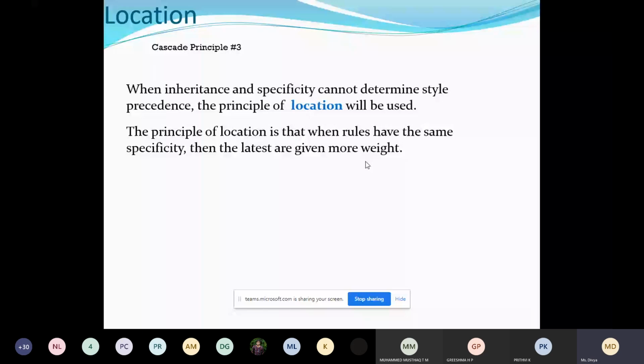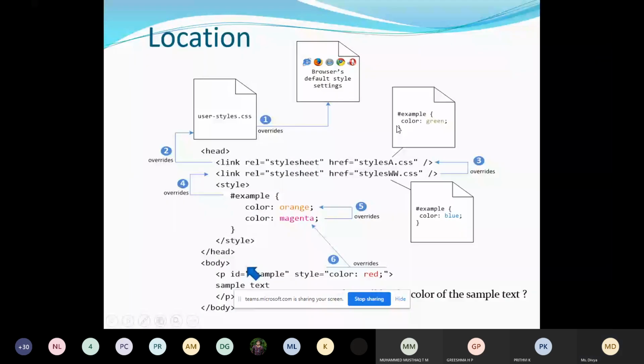Okay, see here. In this example, you have 2 external styles. In the first external style we have given color as green, and in the second external style we have given color as blue. Correct?